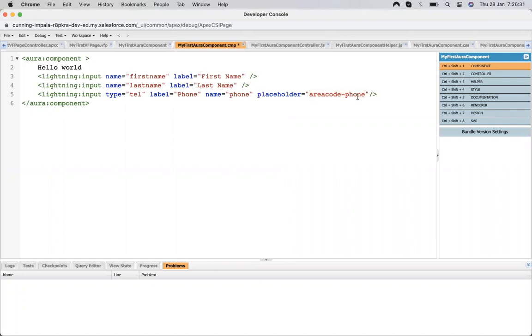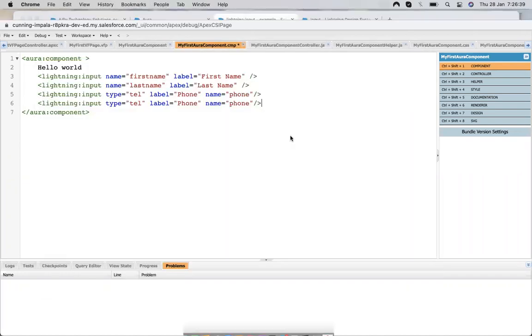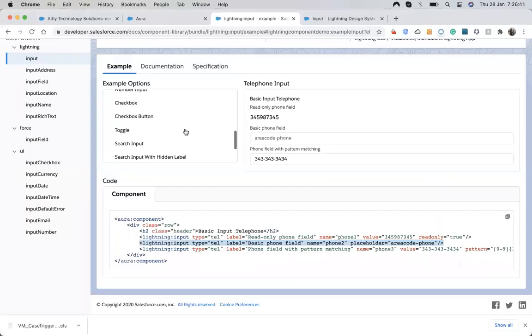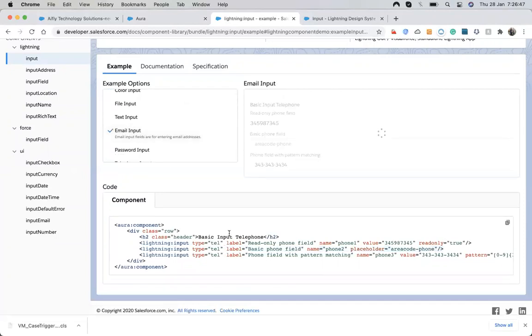I don't want to use the placeholder. And in the last, we have to take the email. So I think there must be an email input too, yeah, email input.